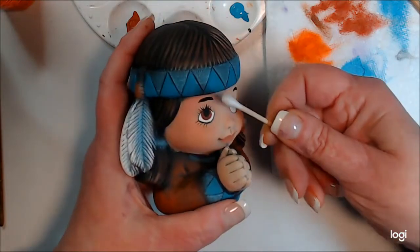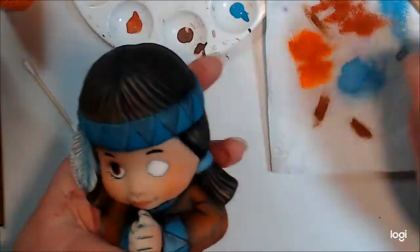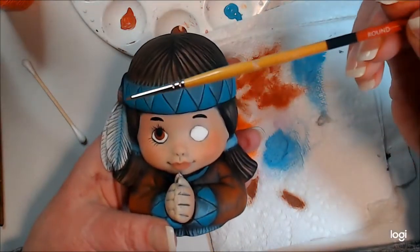So I just took a little Q-tip, put a little water on there. It looks like I splashed some of my paint. All right, now I'm going to do the other pupil of her eye. And for that, I'm just going to use this little